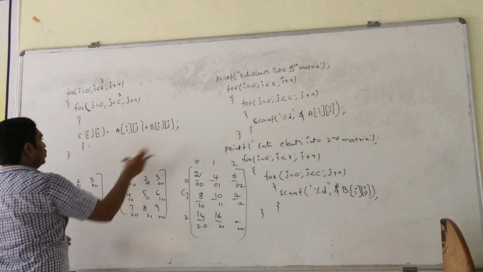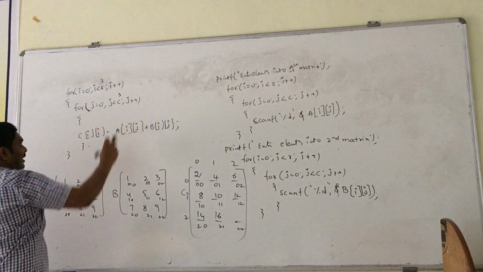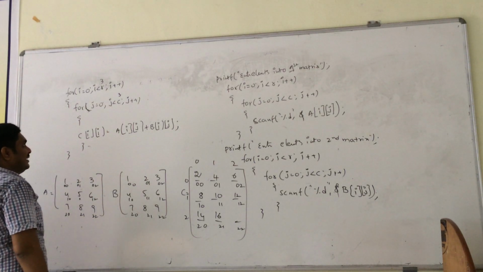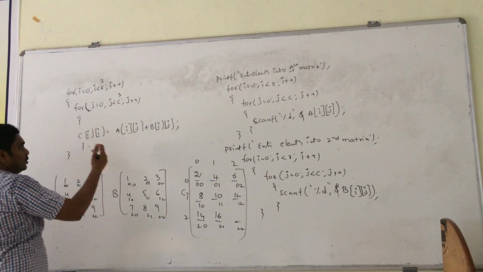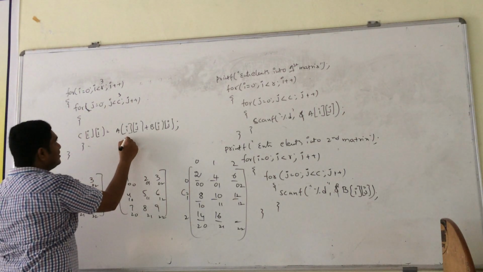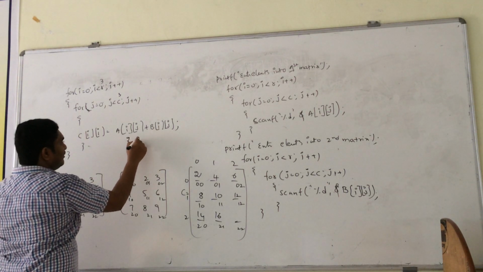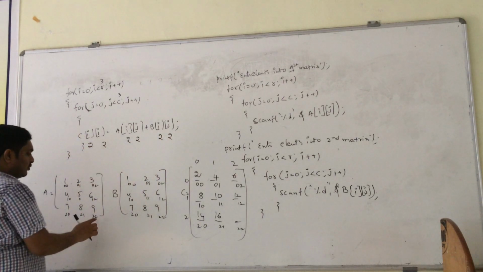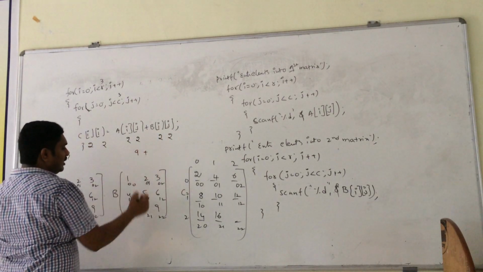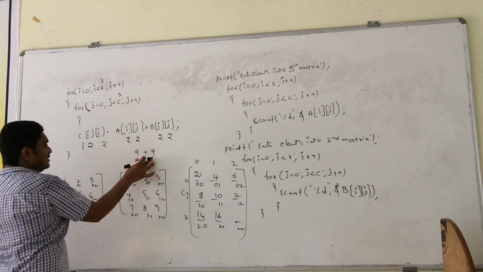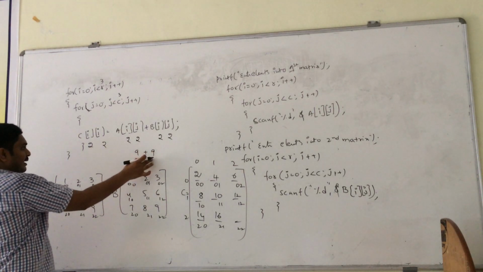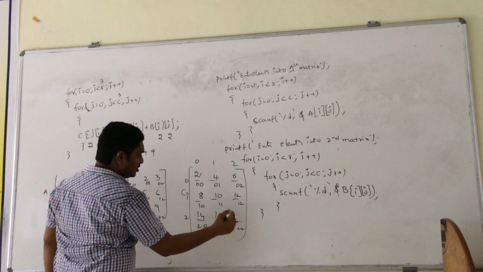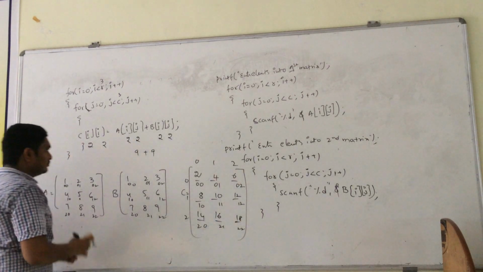And again the loop is ended and J value incremented. Then J will become 2. 2 less than 3, condition true. It enters into the loop. So I value is 2, J value 2. So A of 2 2 element is 9 and B of 2 2 element is 9. These two are added and stored in C of 2 2 position. So C of 2 2 position, 9 plus 9, 18.